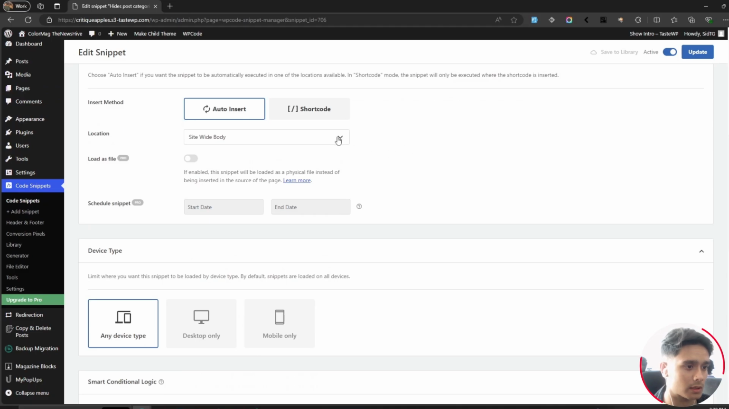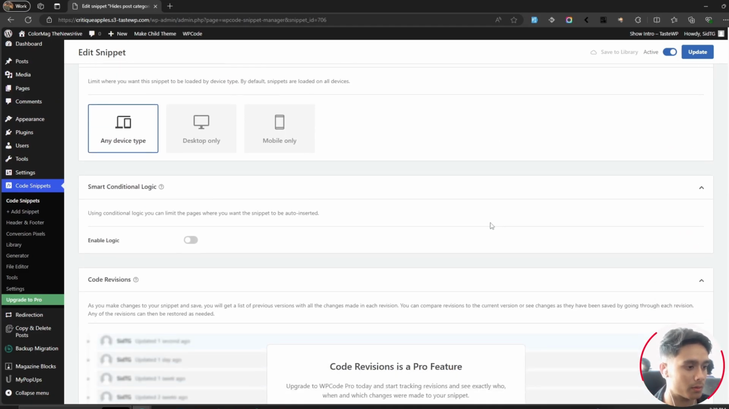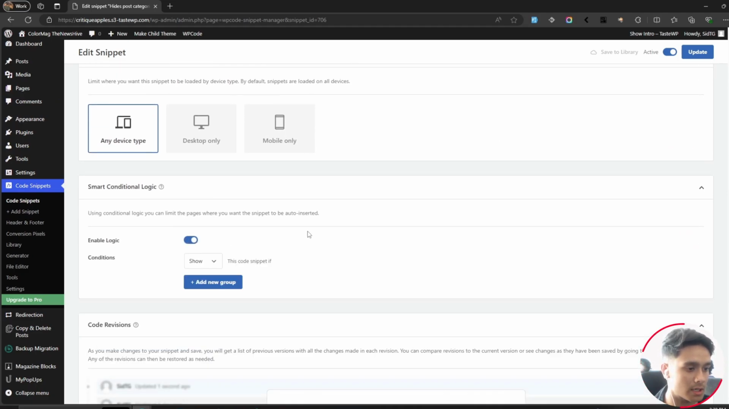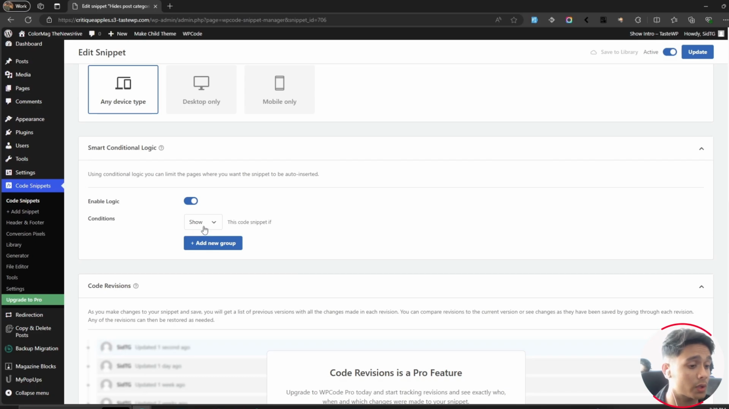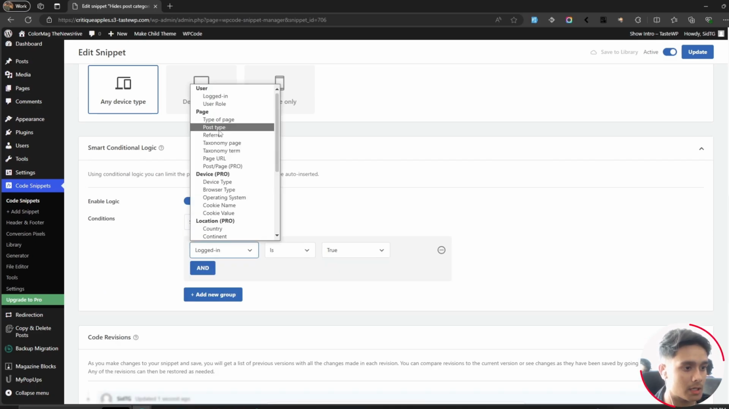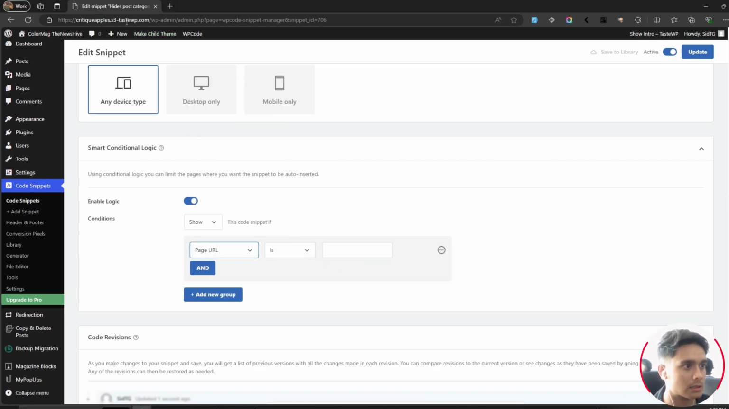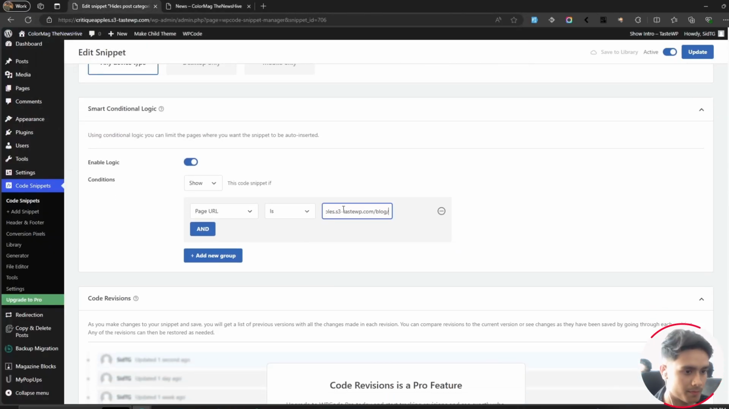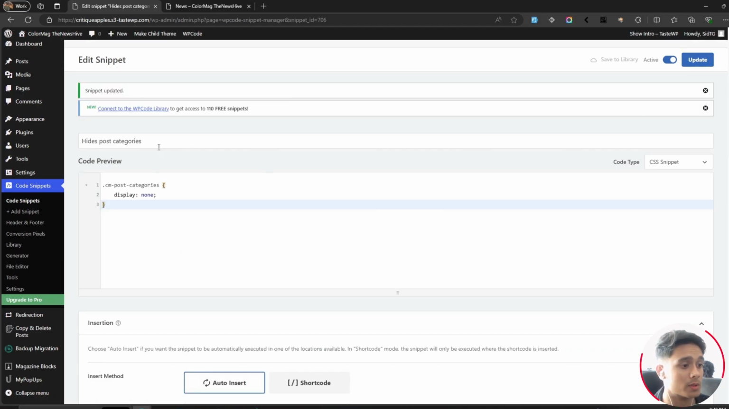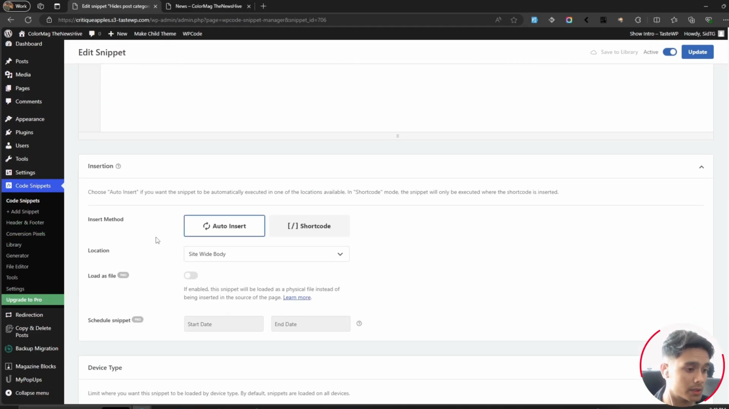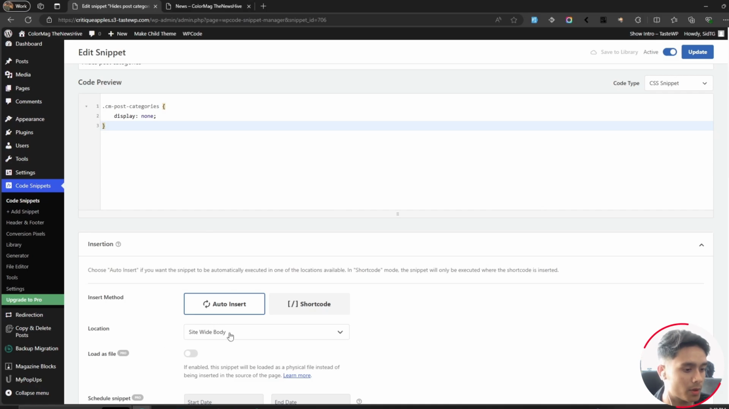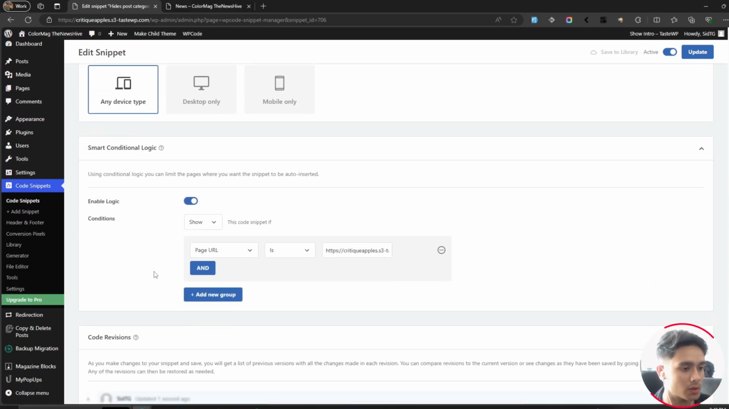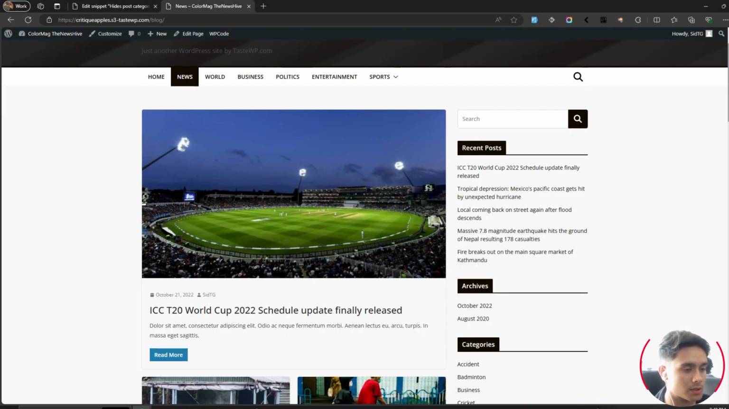you can click on auto insert, you can go down here, conditional logic, enable it, and in conditions, you're only going to show the snippet if page URL is, so I'm going to take this URL right here, blog, so I'm simply going to go right there, paste in this URL /blog, and if I update this, so now what's going to happen is this code right here is only going to be inserted in the site-wide body, but since we have conditional logic, only if the page URL is your site domain /blog, it's only going to apply